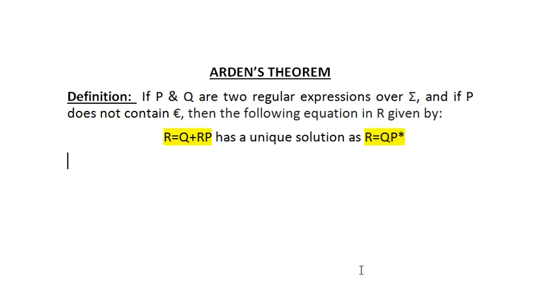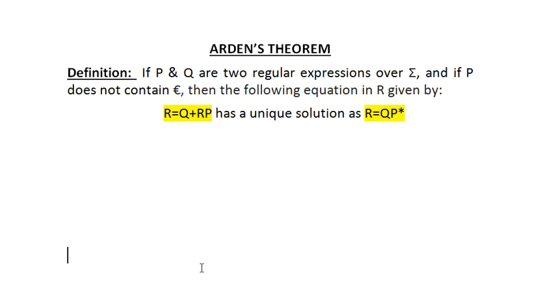Clear? In the expression, you might not have this kind of format, but you have to analyze or visualize that particular expression like this. If R is over here, then Q will be one more part, plus R and then P. So R and R should always match. So I will let you know an example, then it will be very much clear to you all. I think the statement and the basic identities are clear to you all.